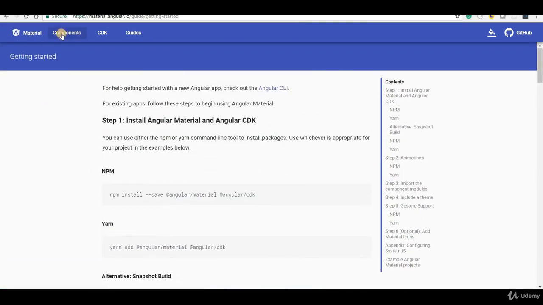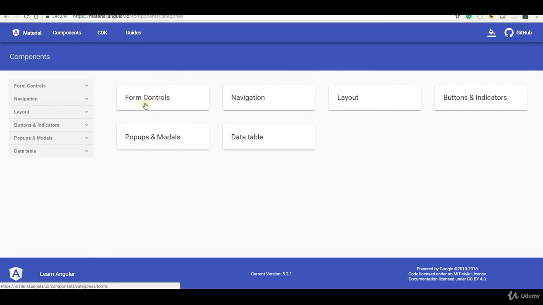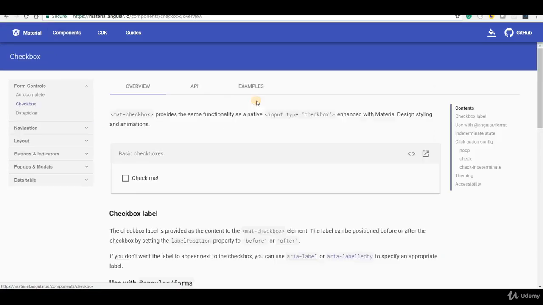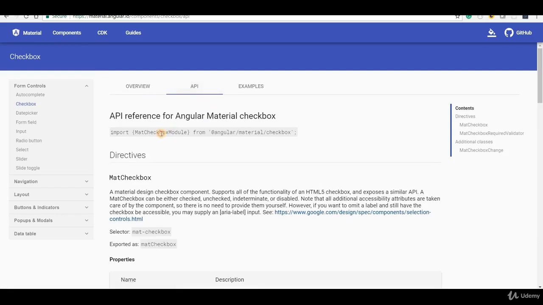So now let's go to the component section here and I'm going to open the forms and let's see checkboxes first. So this is the checkbox that I wanted to add. Now, for each and every component that we have in Angular material, there is a module that we have to import first and add to the declarations array. Sorry, add it to the imports array so that we can essentially use components that are exported by that module